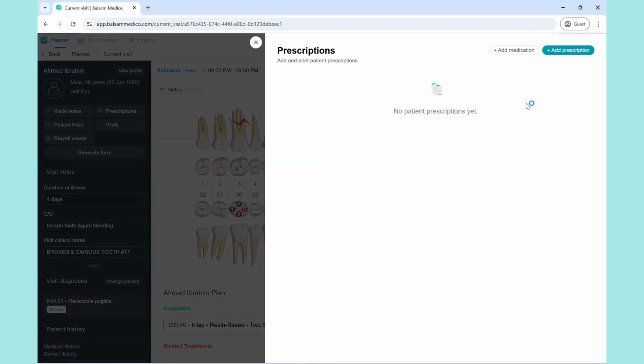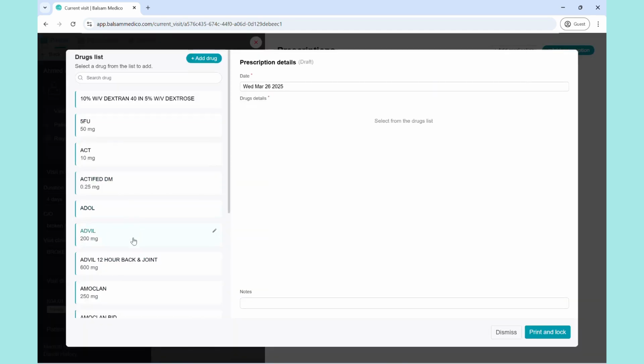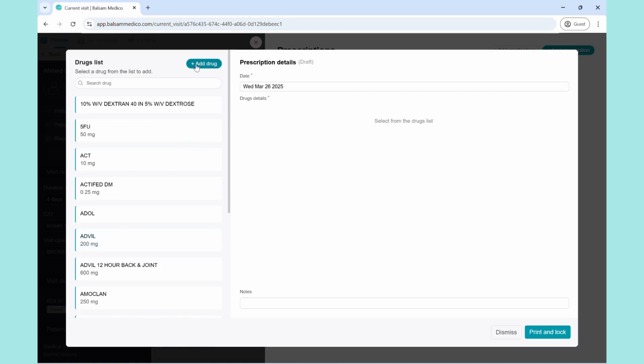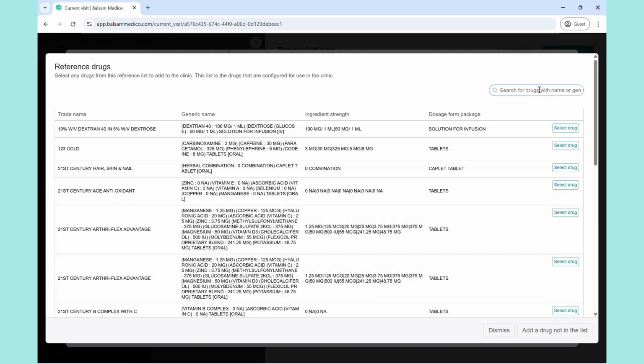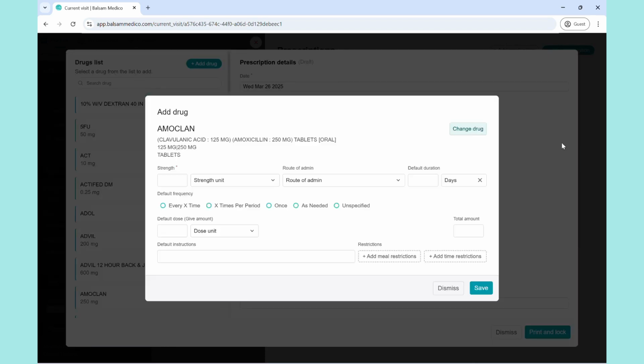To prescribe a drug, you'll have to click on prescriptions, add prescription, and choose from either the commonly used prescriptions over here, or click on add drug and choose the drug of your choice. Make sure to choose the correct strength and dosage form. For example, here I'm going to choose the 200 milligrams powder for suspension, or the amoxicillin 125 milligrams tablets. Select the drug, add the information here,